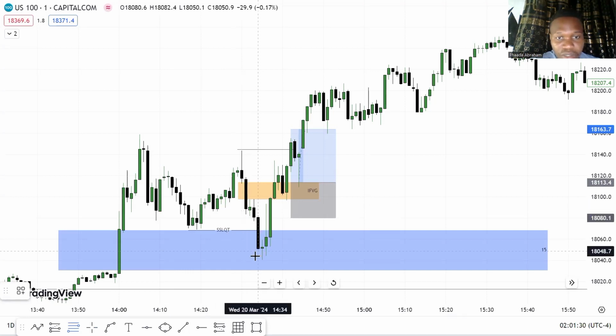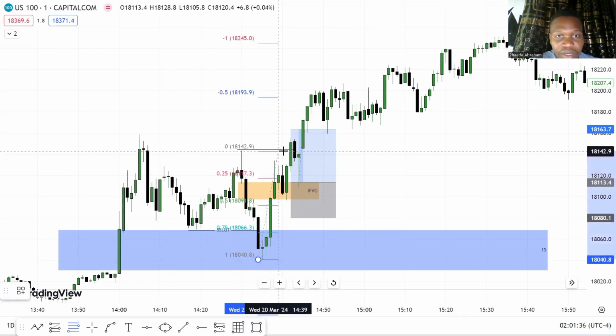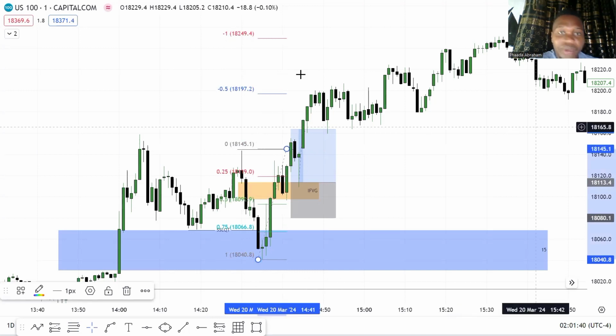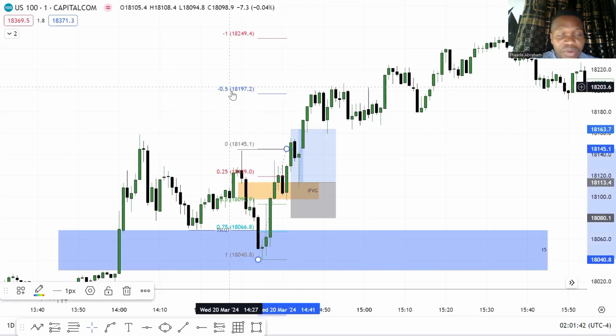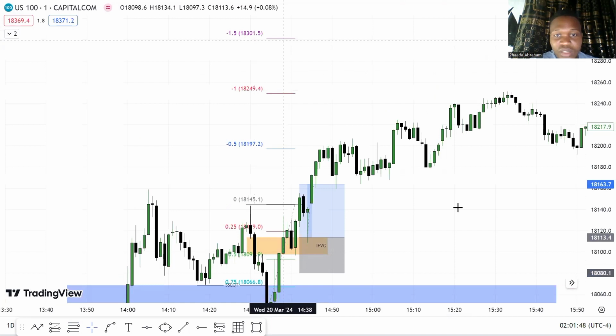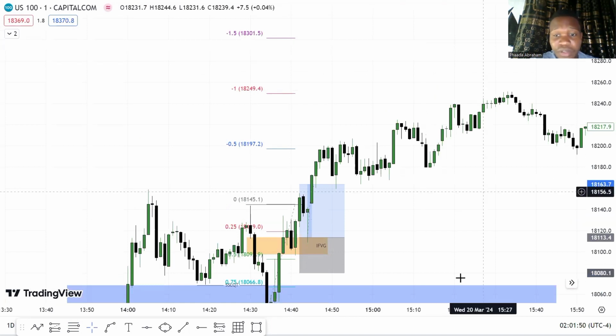We'll measure, take it high from here. So my take profit can be right at the minus 0.5 standard deviation or the minus 1 or the minus 1.5 standard deviation. That would be a good take profit, depending on how long you can stay in the market